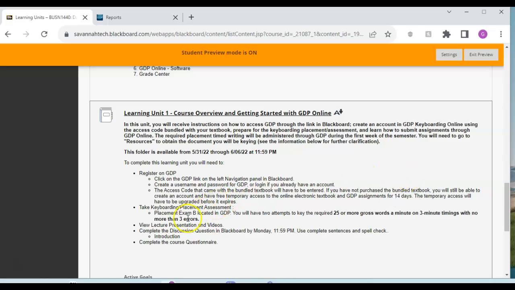Also, you need to take your placement exam B within GDP. Once you sign up, it's 25 gross words a minute with a 3-minute timed writing, 3 errors or less to stay in the BUS 1440 class. Otherwise, if your errors are high and so forth, we may make amends. But if it's not up to par,